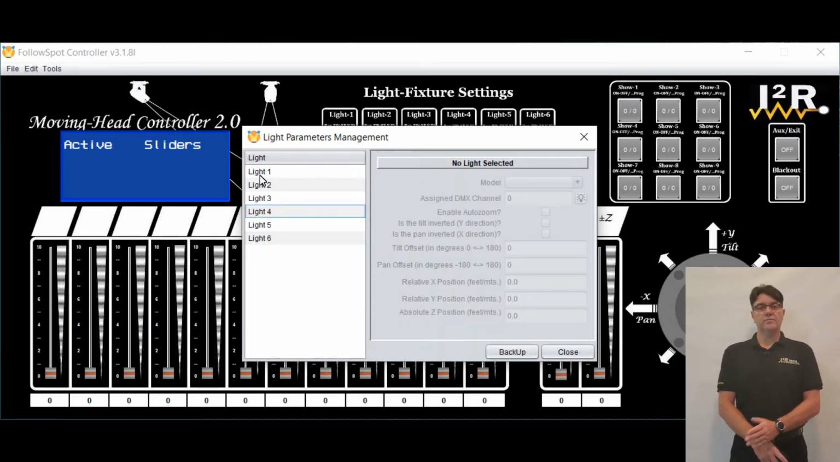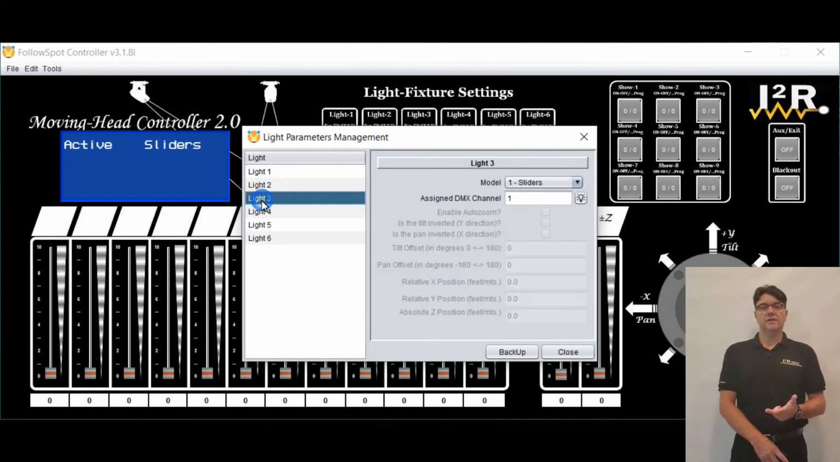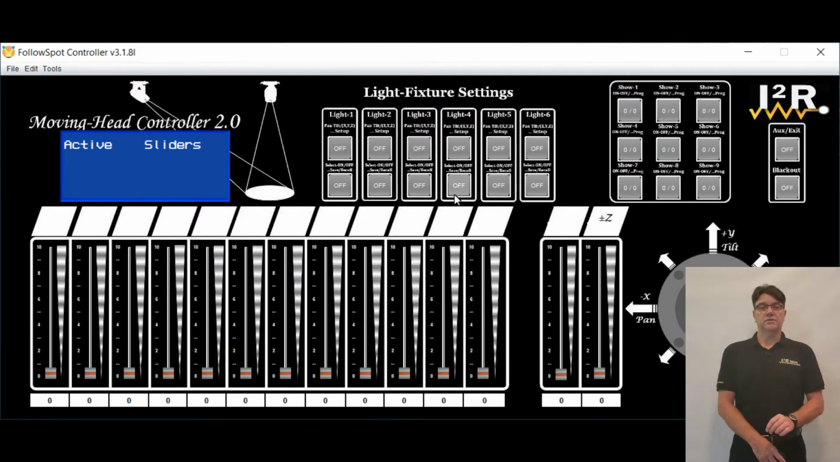The controller comes pre-programmed out of the box with light groups 1, 2, and 3 already pre-assigned, and light groups 4 to 6 open. Even though this procedure applies to any of the 6 available light groups, pre-assigned or not, this tutorial will show you how to assign the I2R BSW100 library to the unassigned light group 4. This means that the Moving Head Controller 2.0 will control an I2R BSW100 moving head when light group 4 is